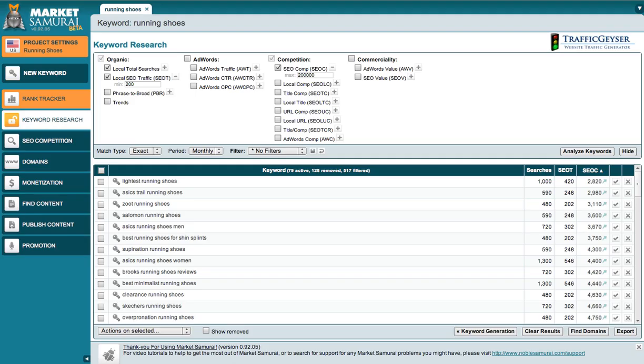Building on what we did in episode 1, which was keyword research with Market Samurai, today we're going to take a look at using the SEO competition module. Now, the SEO competition module is probably the least used of the Market Samurai modules, yet it's probably one of the most powerful. This module allows you to see the bigger picture of the top 10 rankings in Google, and it gets to show you if you could actually compete for that term with a reasonable budget and a reasonable